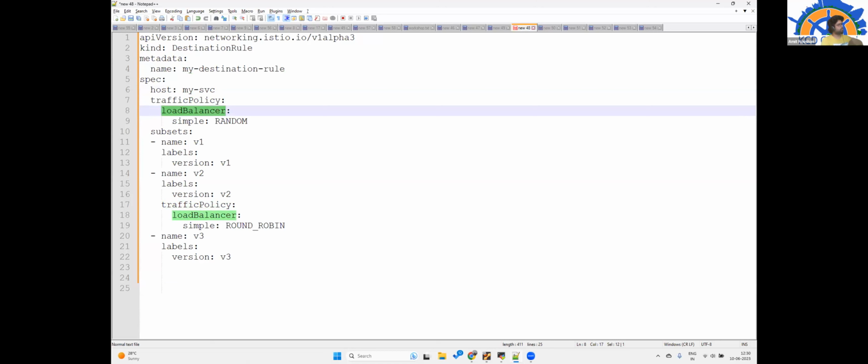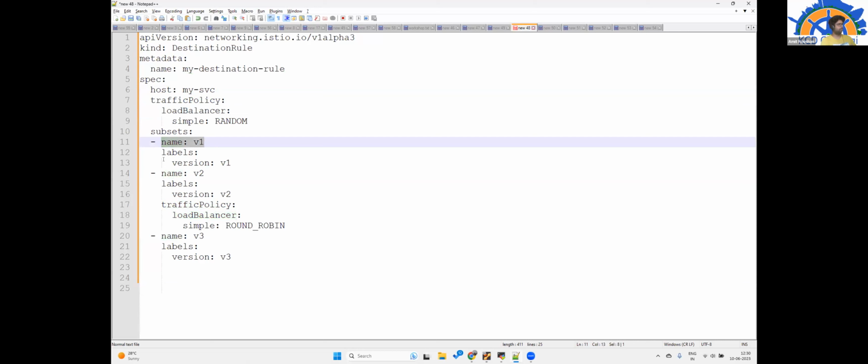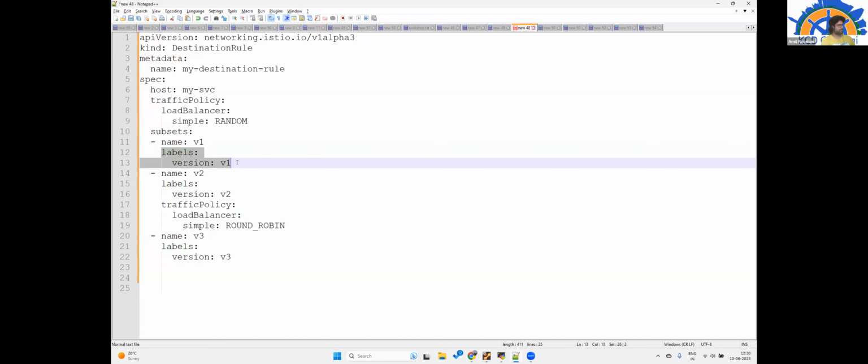But you can also have subsets. Here we can define different versions, right? This name doesn't mean anything, but the labels do. These labels will help us identify which application serves which particular version. So this is to identify the workload.